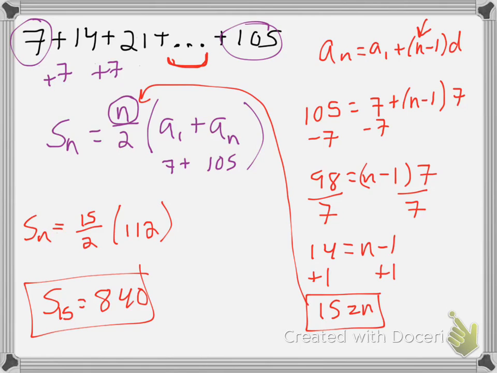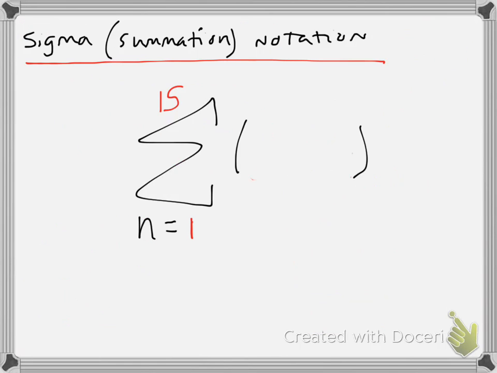Right here, a sub n, let's find a different color here, blue. a sub n equals a sub 1 plus the quantity of n minus 1 times the common difference. So we want to leave this n in there because we want to write the explicit formula. So we just got to kind of simplify. So really we just need the first term and the common difference, and that will make our explicit formula. So our first term was 7, and our common difference was 7. If you do that right there, that will work.